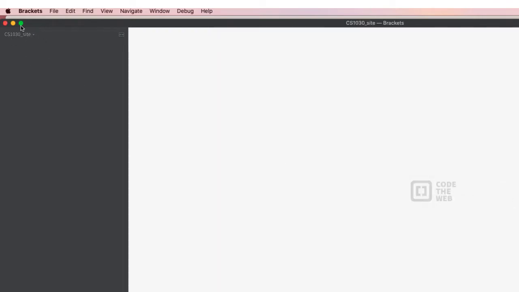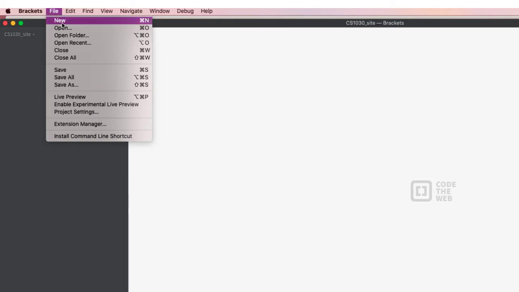Great. Now you can see in this upper left-hand corner how it says CS1030 site. That means that Brackets has this particular folder open, and we'll be able to see whatever's inside of it on this left-hand side. Now there's nothing in there because we have nothing in there yet, so that is why it's showing nothing. So now we're going to create our first file for this folder, and I'm going to click New,